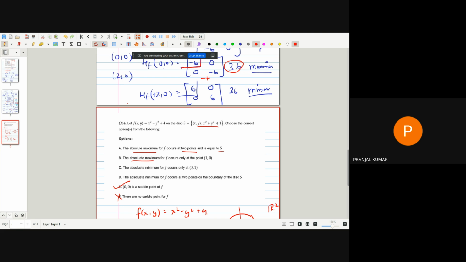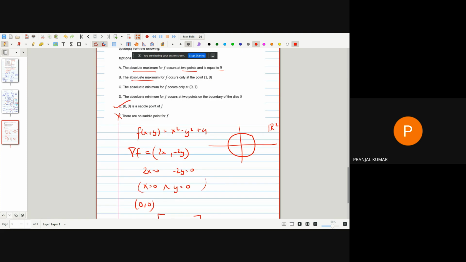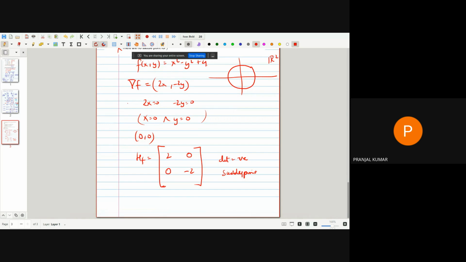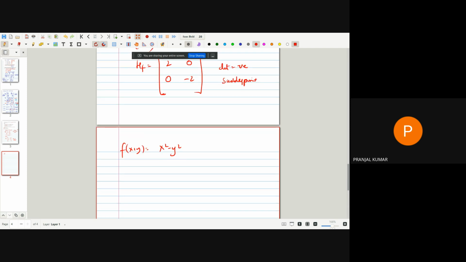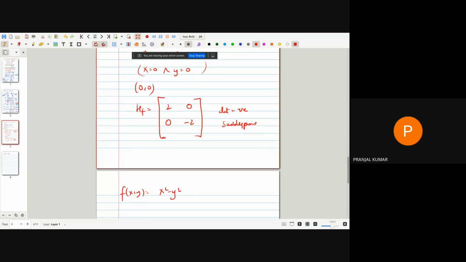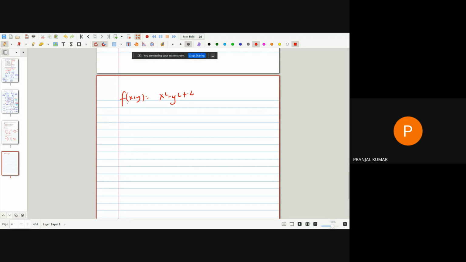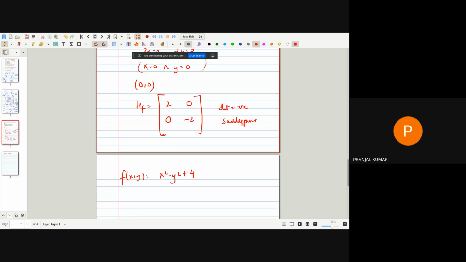So f of x comma y is equal to x square minus y square plus 4. If we try to find the graph of the function, what we can do is